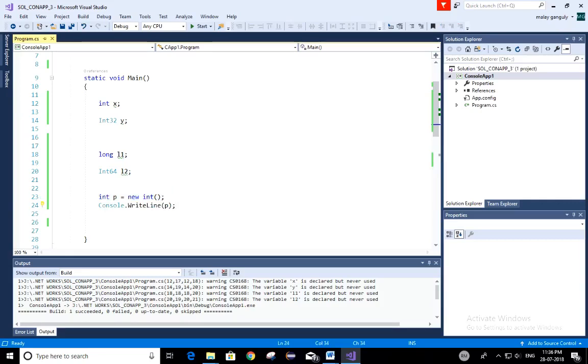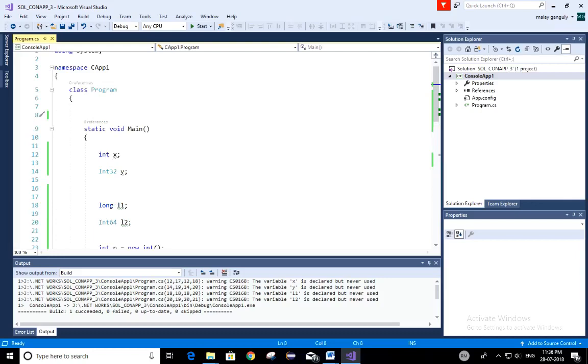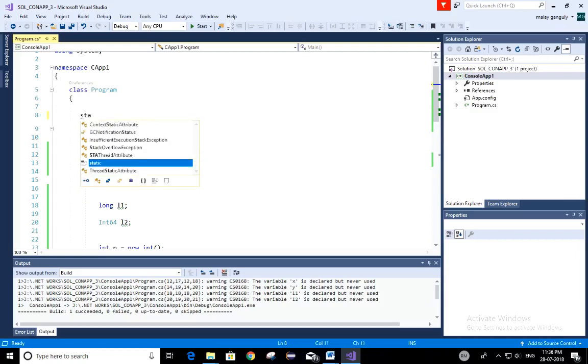So anyway, this is about value types. And what about instance variables? If we declare a variable here, that is, after class Program, it will be an instance variable. So here we are typing static because we have to access it from the main function. Main is static, so we have to write it static because from a static block we cannot access non-static variables or functions. So we are writing static int, suppose x. X is already declared. So for example